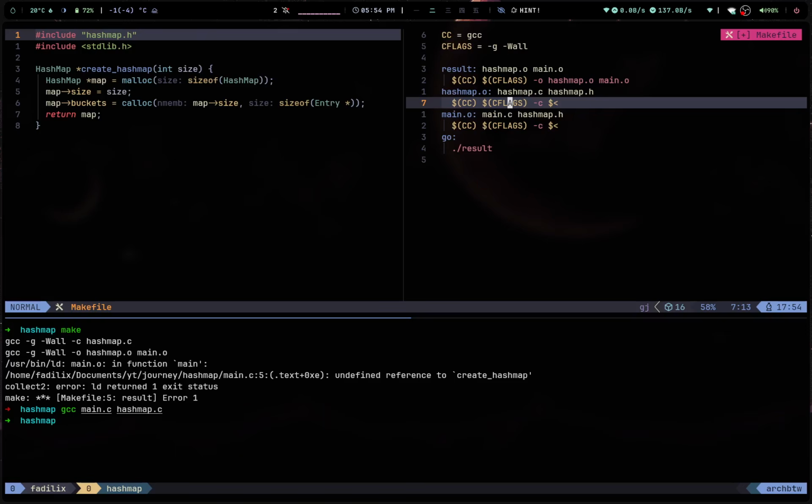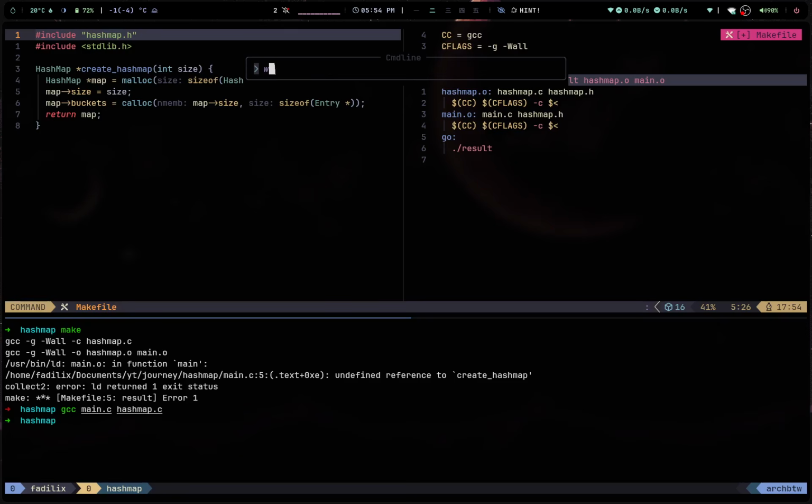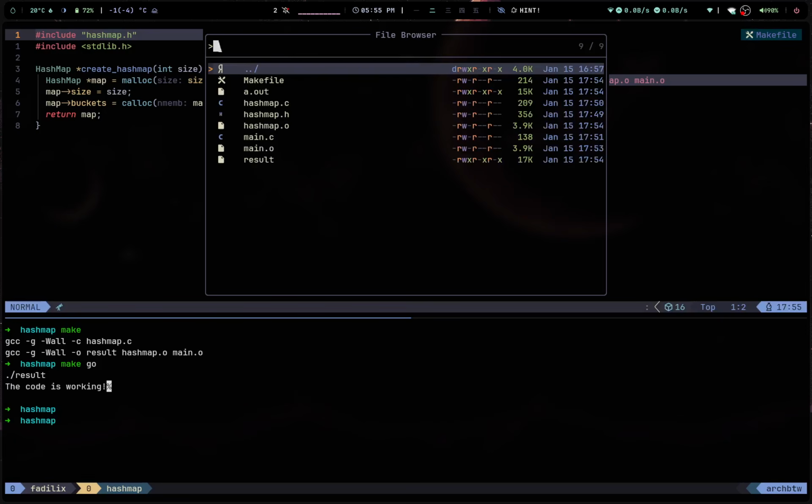So where's the error coming from? Is it line 5? Oh yeah, sure. Results. Make, yeah, exactly. Now make go. Okay, the code is working, and we can also add